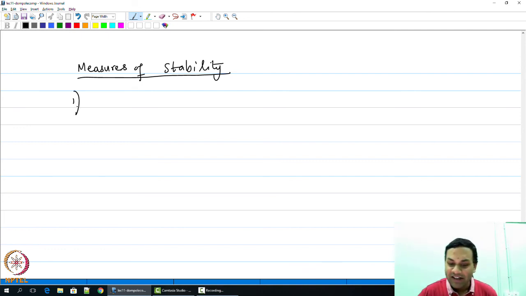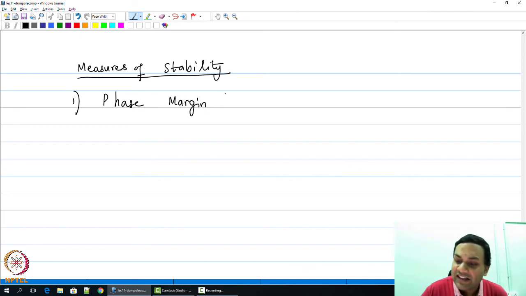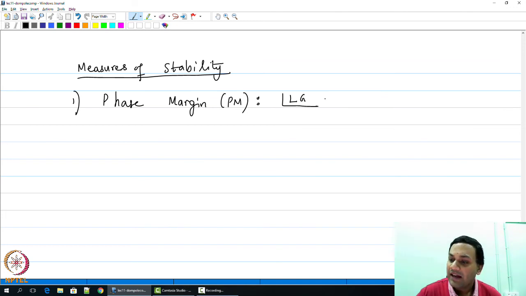The first measure of stability that we will learn is what is called phase margin, often abbreviated as PM, and this is defined as the difference between the actual angle of the loop gain and the point at which the system becomes unstable, which is minus 180 degrees, when the magnitude of the loop gain